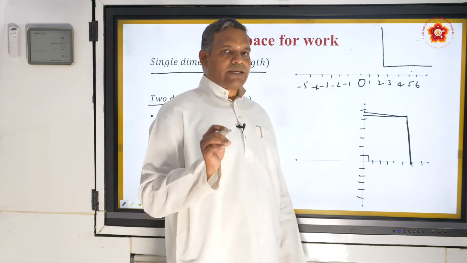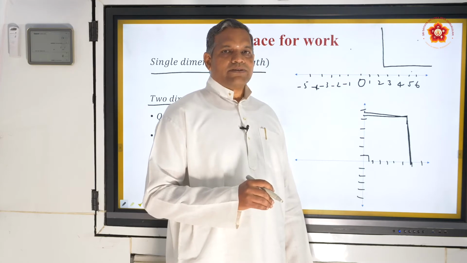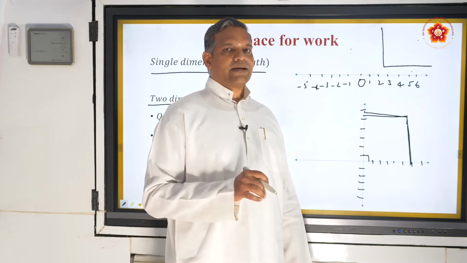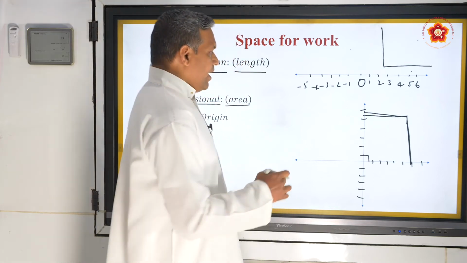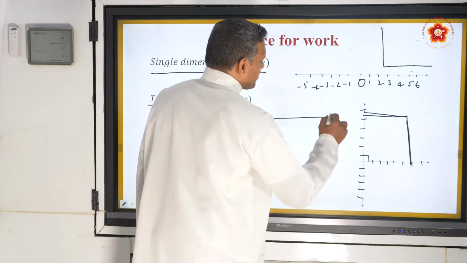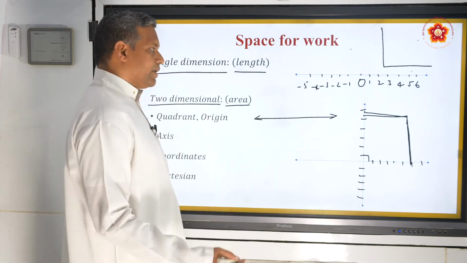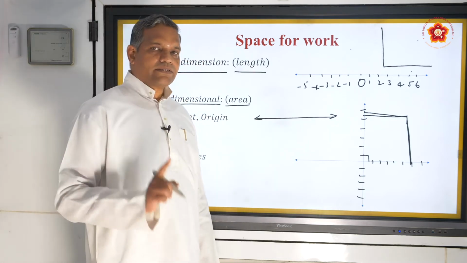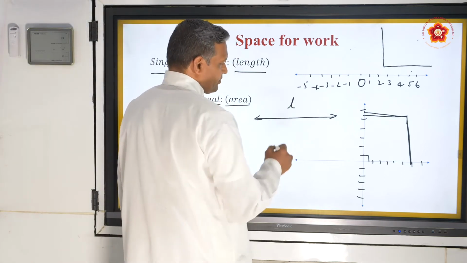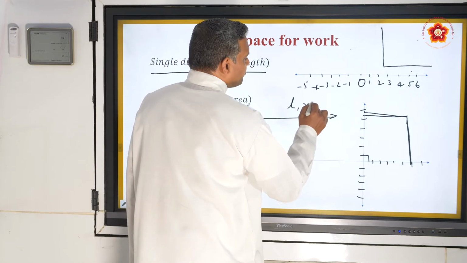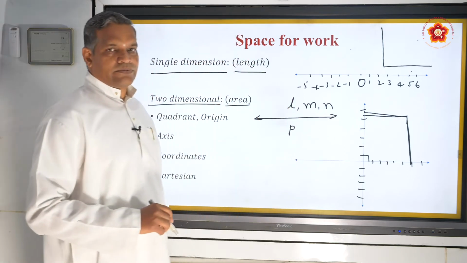But most of you, sometimes, even I have seen, even in the 10th final exam, they make mistakes of understanding and identifying the axis and how to write. Very simple. Any line you take, say suppose this is a line. If you want to name the whole line, you can always name it with a small letter. For example, I can call this line L, or line M, line N, line P, any small letter I need to use.